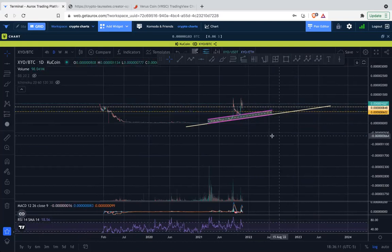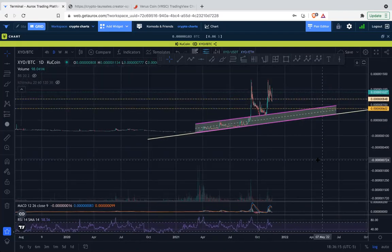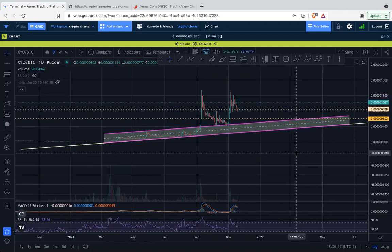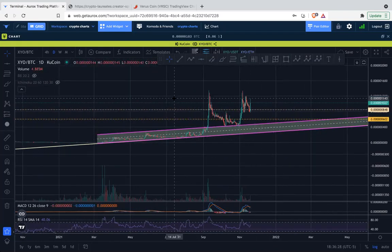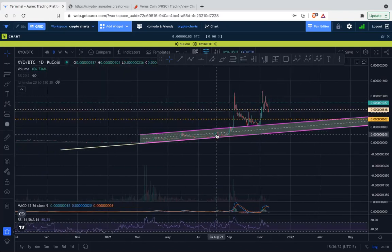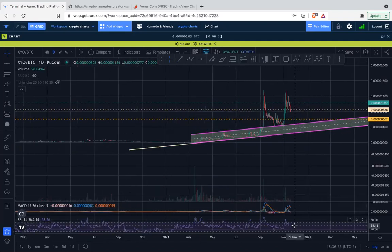You know, maybe it's. However, this looks quite like. I don't know. Anyway, no need to speculate. It's showing itself here. Anyway, yeah, we'll keep watching it over the next few days. Momentum wise,